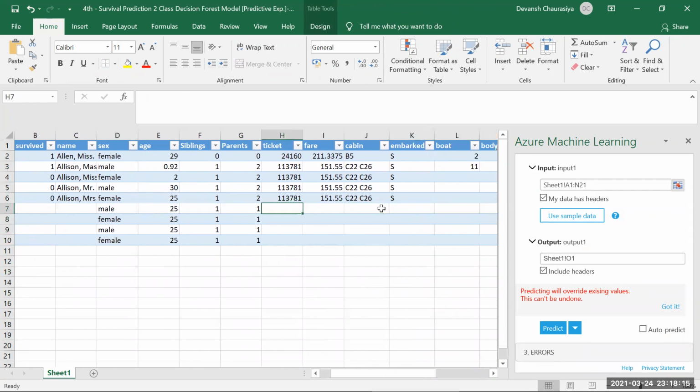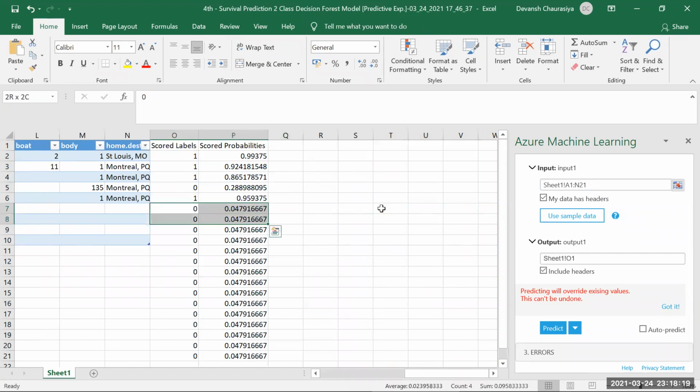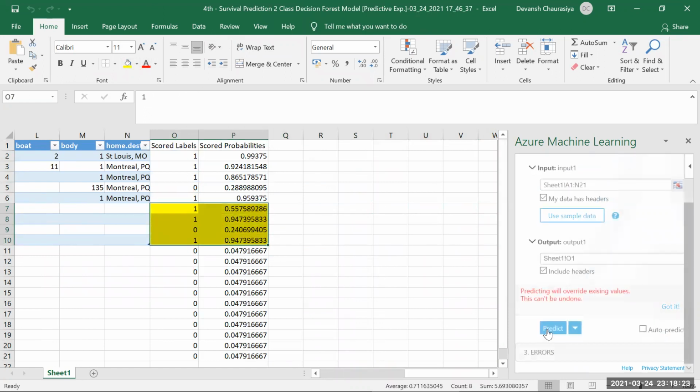All right, so from row number 7 to row number 10, this is what we're interested in. And I click on predict.